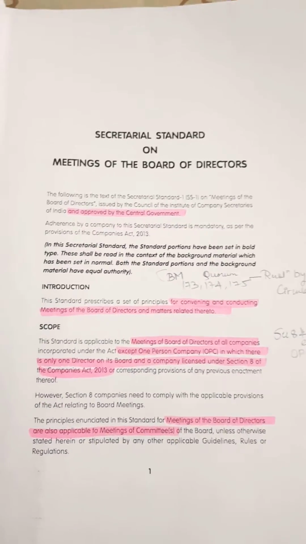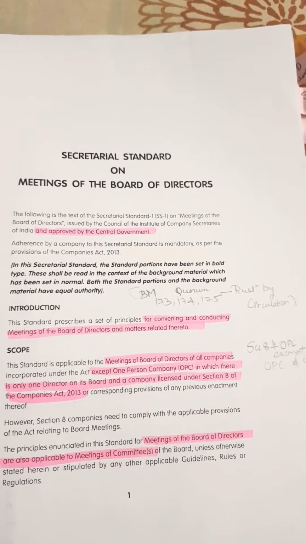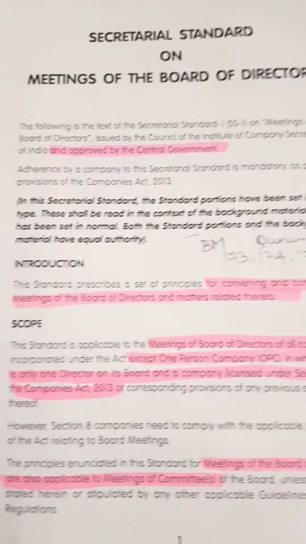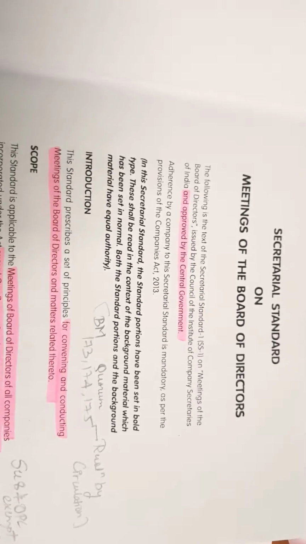When we talk about the SS-1, it's the Secretarial Standard on Board Meetings. So we'll have a quick run through for the Secretarial Standards. It has been approved by the central government, and sections 173, 174, 175 have been repeated here. 173 is about the board meeting, 174 deals with the quorum of the board meeting, 175 is resolution by circulation. This standard provides for convening and conducting the meeting of the board, and